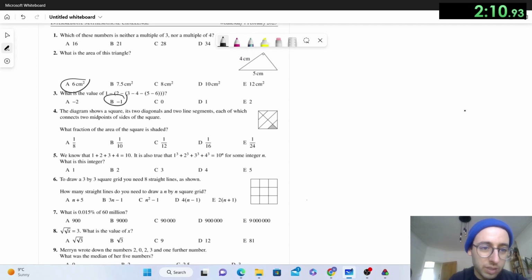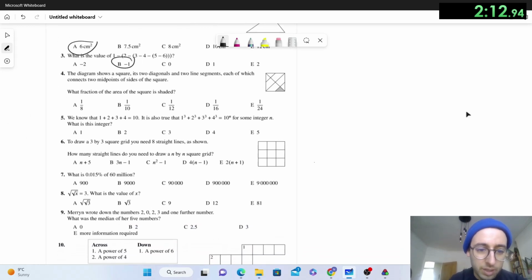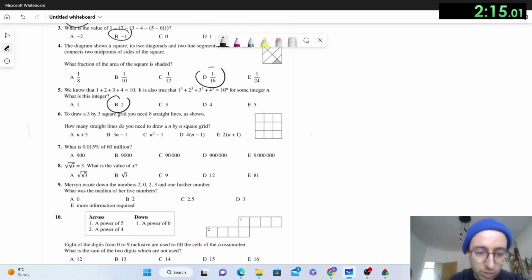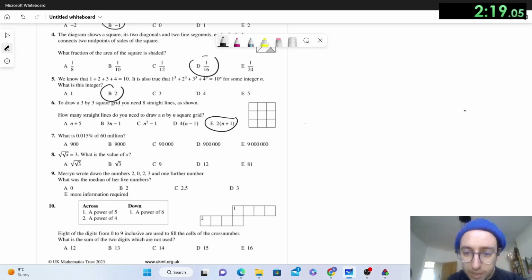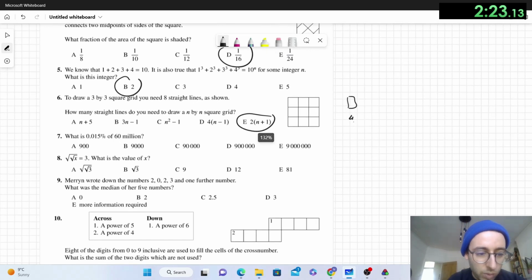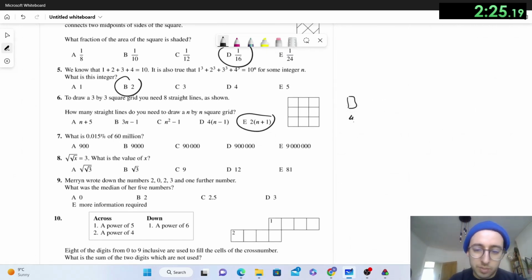This is not fast, is it? A 34. It was a 1/16. It was a 2. I think this is going to be 2n plus 2. Yeah, because we start with this, which is 4. Yeah, it's 2n plus 2. What is 0? Oh my god, of 60 million. Okay, so 60 million, 60, and then 1, 2, 3, 4, 5, 6. 0.0... What the... Okay, so